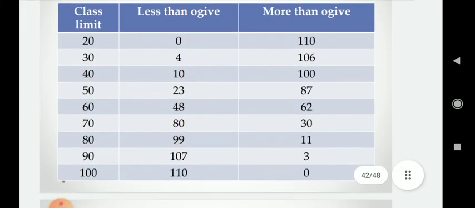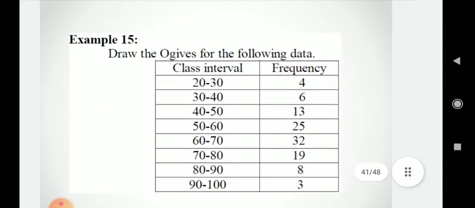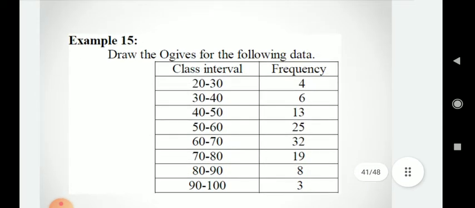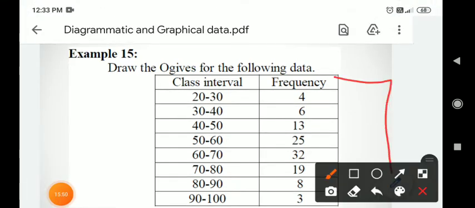More than ogive. There are two or three various methods which your authors might suggest to you. Different authors will suggest different methods. The best way to find out more than ogive is to directly start with 100 here down. If I want to find out more than values, now start with the